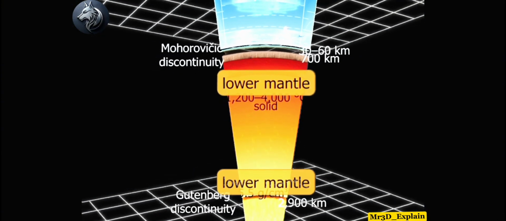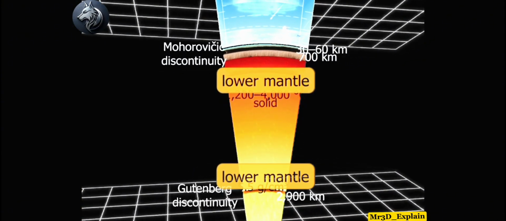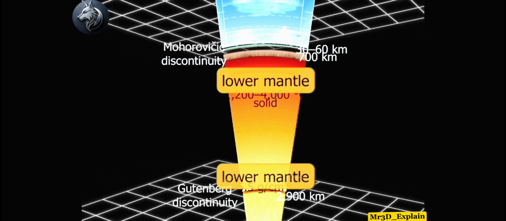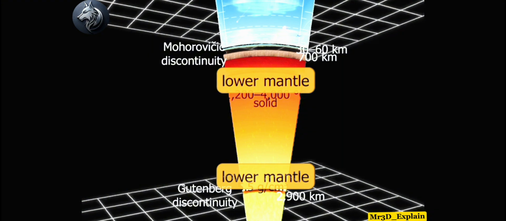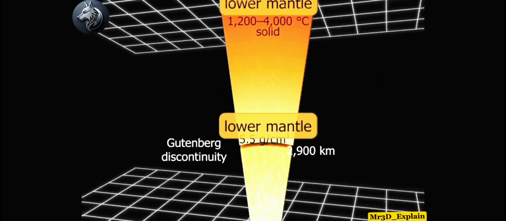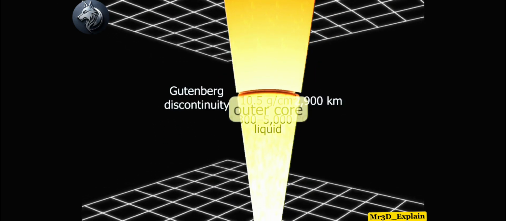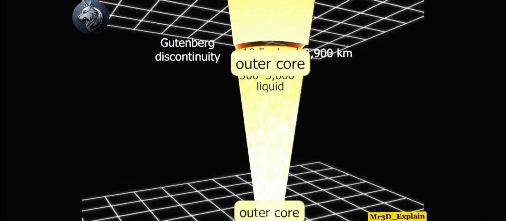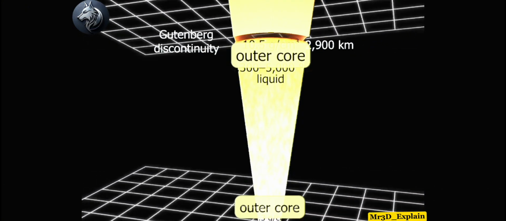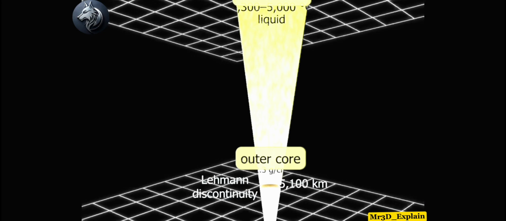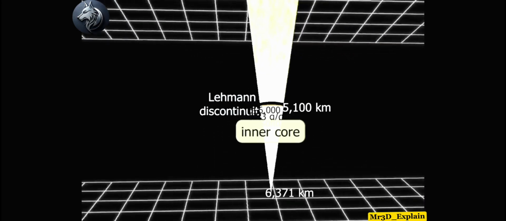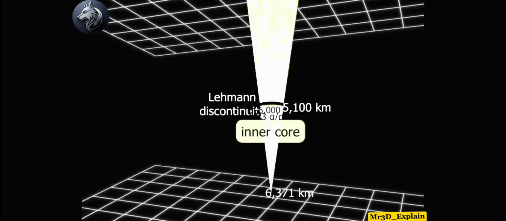The lower mantle is composed of solid rocks. The amount of heavier metallic components found in the lower mantle increases with depth. The mantle core boundary, called the Gutenberg discontinuity, is located 2,900 kilometers below the Earth's surface. Situated below the mantle, the core is also divided into 2 parts: the liquid outer core consisting of molten metals, and the solid inner core made up of iron and nickel. The 2 layers are separated by the Lehman discontinuity at a depth of 5,150 kilometers.